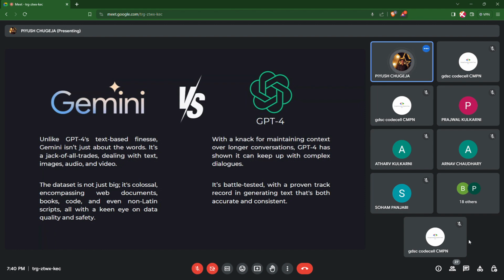Gemini is also trained on not just textual data, but also books, codes, a variety of languages, and very graphical objects. Now, the reason why GPT-4 and ChatGPT are a lot more trending is because GPT is better at common reasoning for everyday tasks.